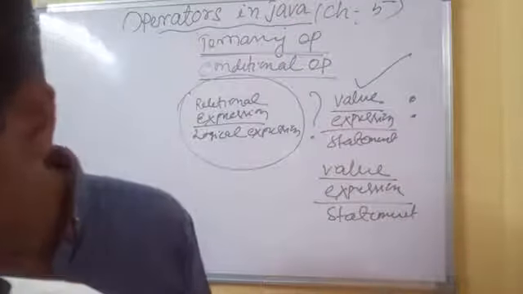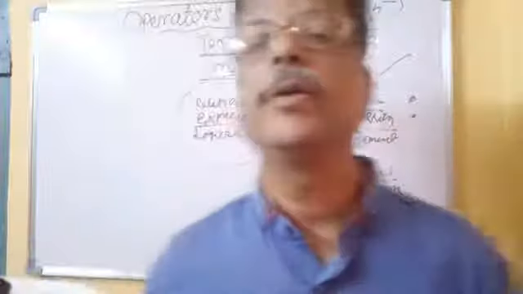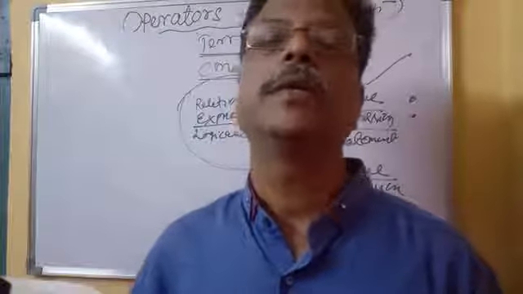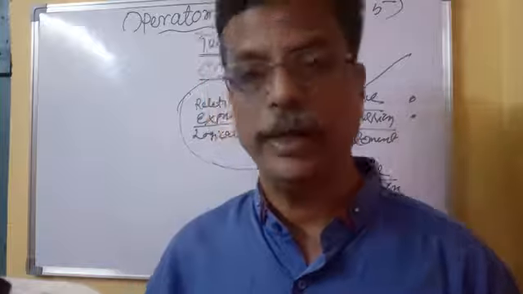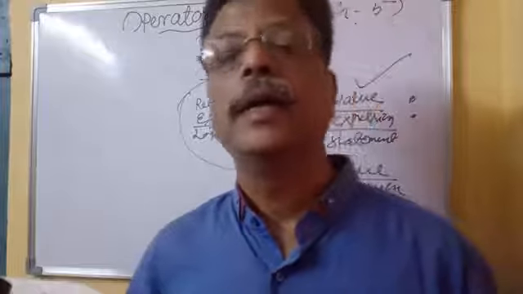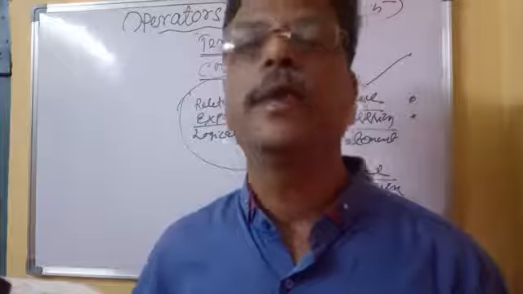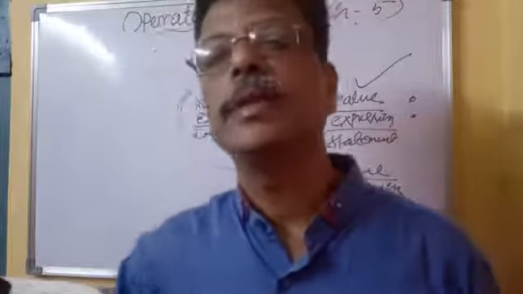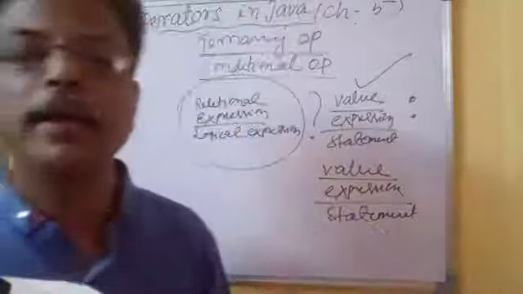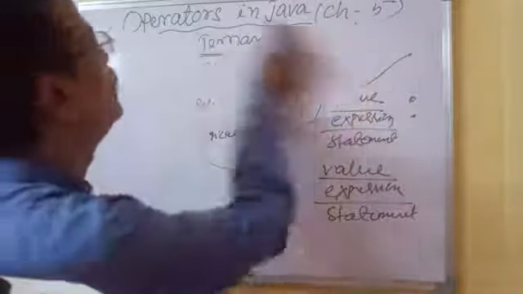And this ternary operator is most powerful in programming, because in a shortcut way you can represent the expression. In a shortcut way you can represent the action without making the program lengthy. Number one. Number two, it is faster, and number three, it is user friendly; a user can easily write everything in one line, one sentence in one statement. That is why most of the time, when a condition is required, we take the help of this conditional operator.